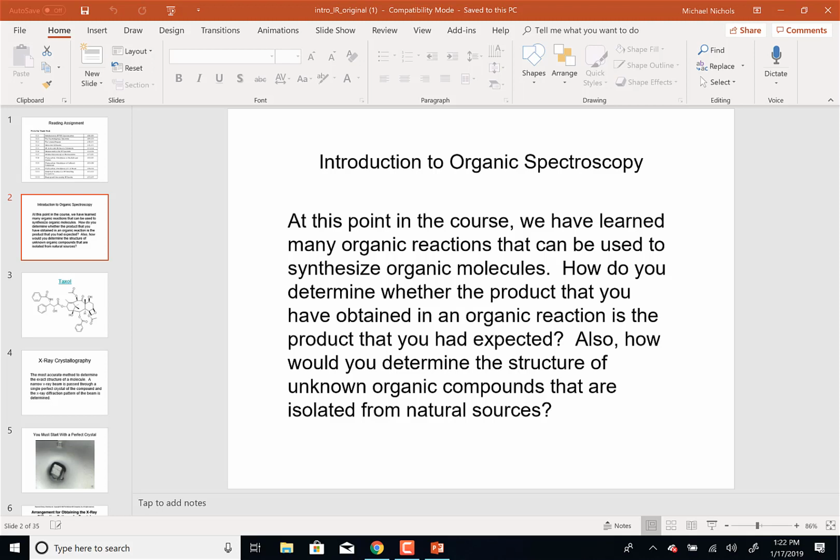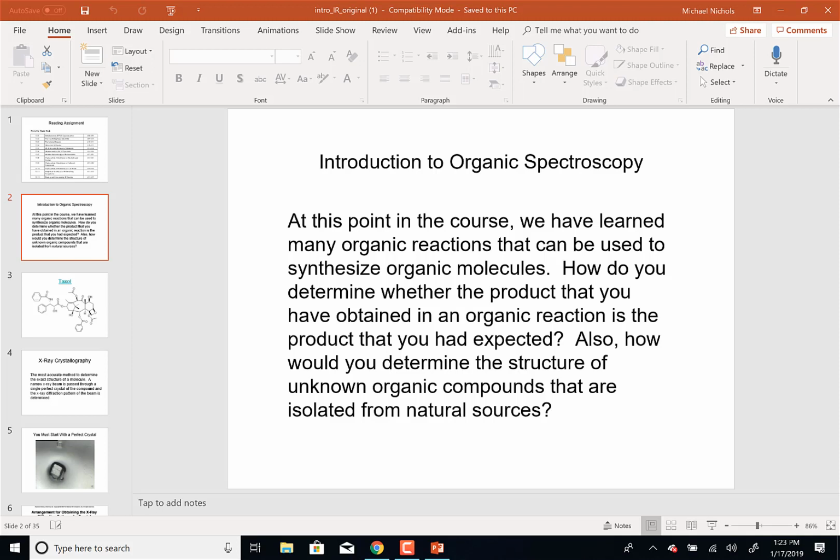So we're going to talk about how you determine the structure of a molecule from scratch. How do you determine whether you made the molecule you think you made in lab? How do you know it's pure? Right, because so far we haven't done anything really with percentages outside of GC. Right, melting point doesn't give you purity. Right, in your lab report you said, well, I think it's kind of pure because the melting point is actually. But now we can get some analytical data and say, oh, it's 90% pure. But we can also determine what the impurity is and what the side products are. So that's what we're going to do with spectroscopy.